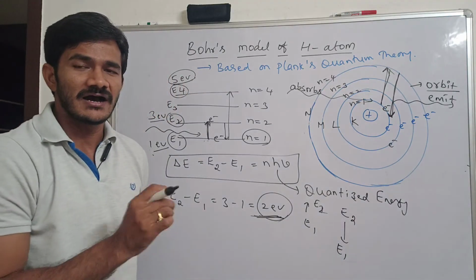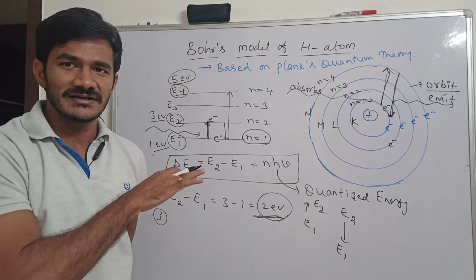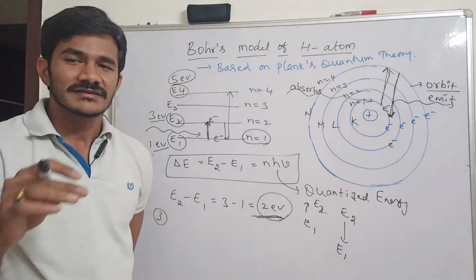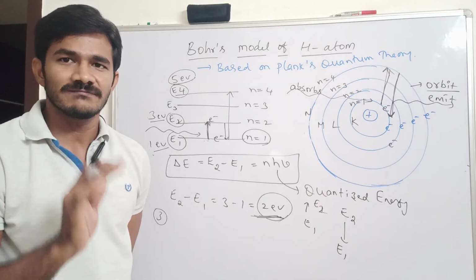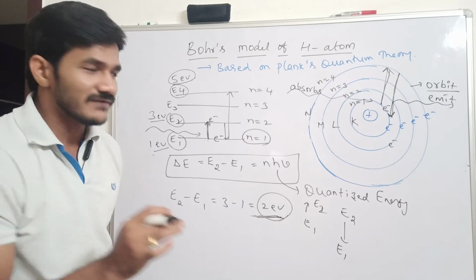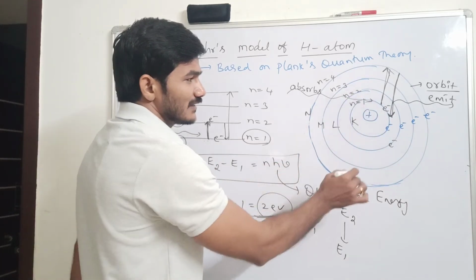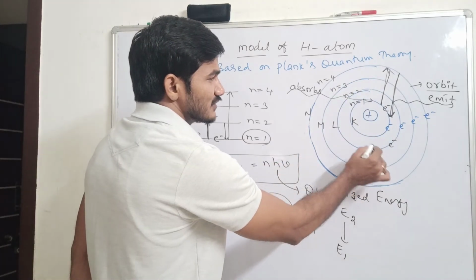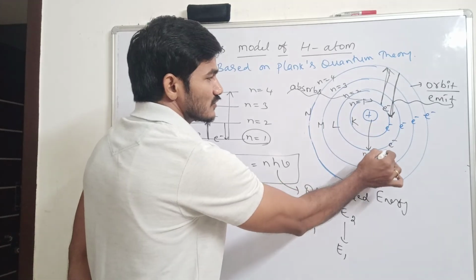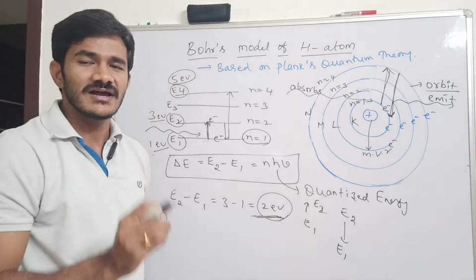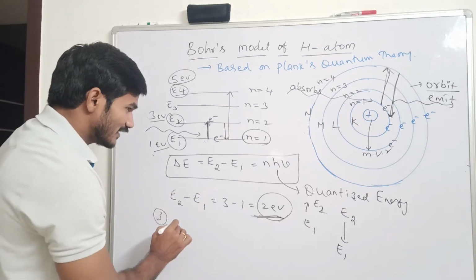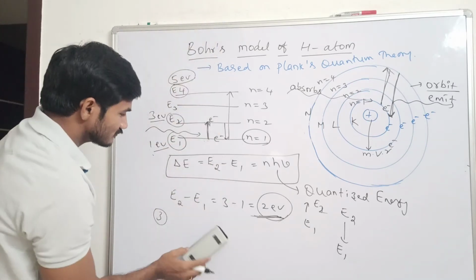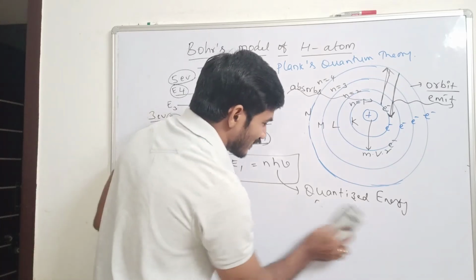Whenever any object is moving in linear motion, the momentum of that particle is p equal to mv, the product of mass into velocity. But whenever an electron is moving in a circular path, along with mass and velocity, we also consider radius. So the product of mass, velocity and radius is taken as angular momentum. So I write here, angular momentum of electron